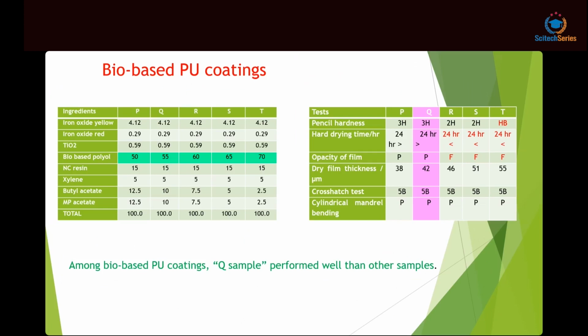This is 50%, this is 55, 60, 65, and 70. Likewise, gradually I have increased the amount of bio based polyol, and finally I checked the properties of these 5. Ultimately, I have found Q is the better among these. So therefore, I may use Q biological based PU coating system to